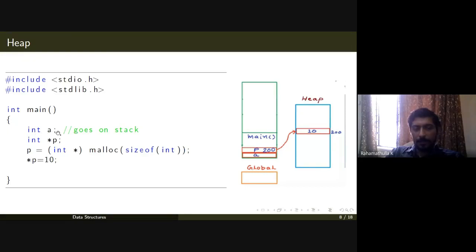Int a, that declaration is inside a function, so a main function's stack frame will be allocated. Inside the function we have two local variables, one is a, and another one is a pointer variable which is p.